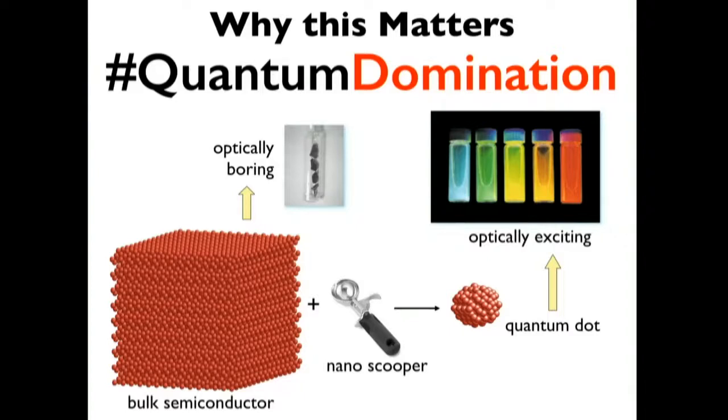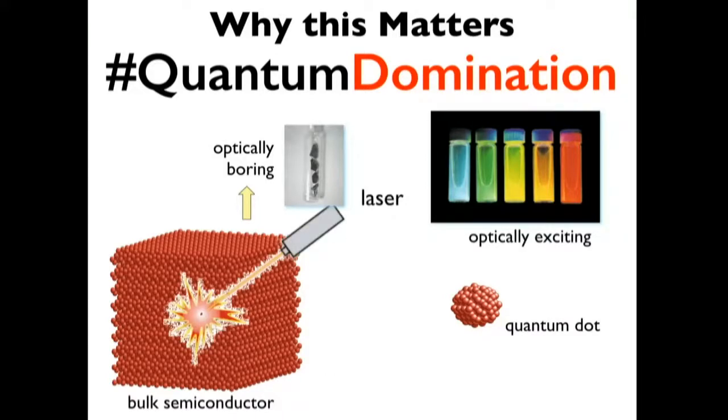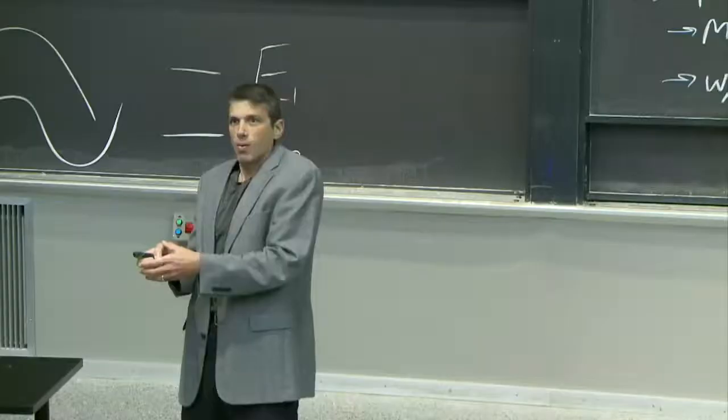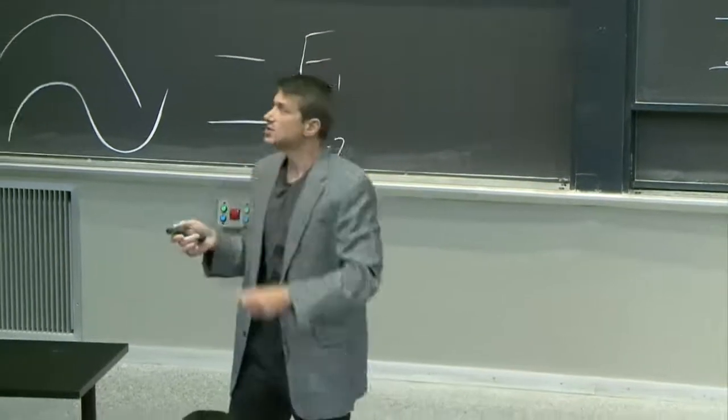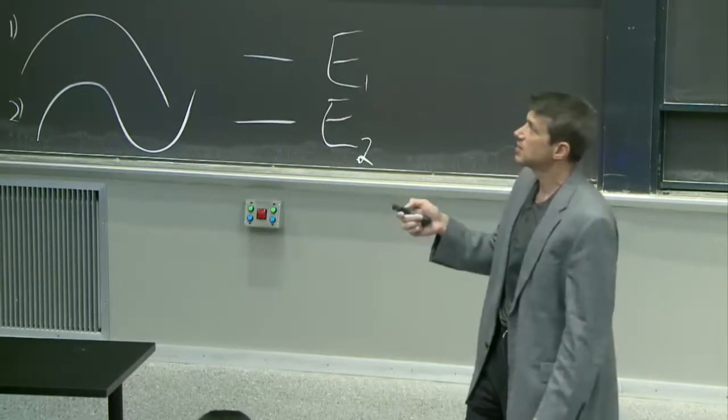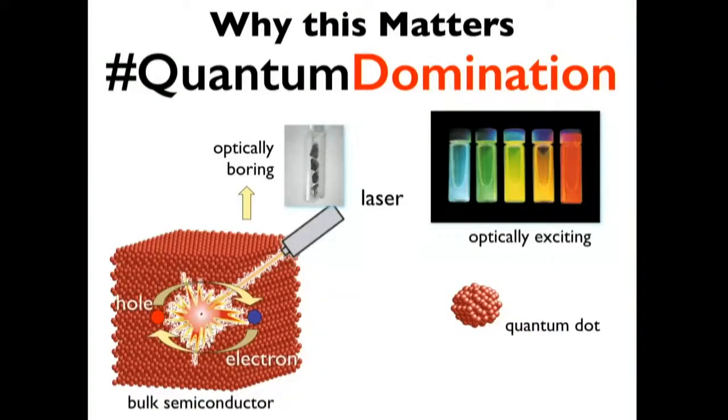Why? Because if I shine light, and here's a very sophisticated picture of a laser, which you can tell I had trouble making transparent, you shine a laser on this piece. We know already light excites charge in an atom. It does the same in solids. So here's my piece of silicon, and what that does is it sends an electron up in energy levels. But the electron is up in an energy level, and it left behind a hole, which is something we'll talk about later when we talk about semiconductors. A hole is just a positive charge.